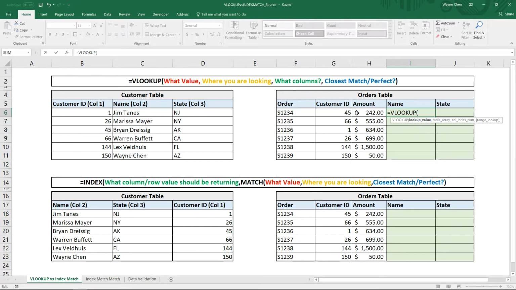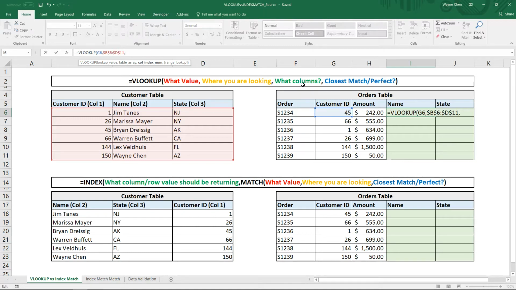We want to look at the value, customer ID, comma, where you're looking. We're looking in this table. We want to make sure that this table is static, so I do that by pressing F4, comma,